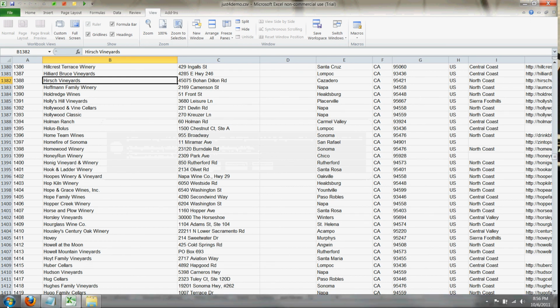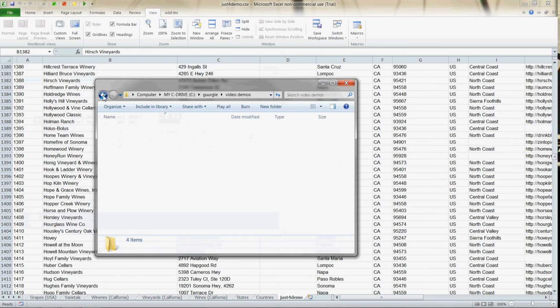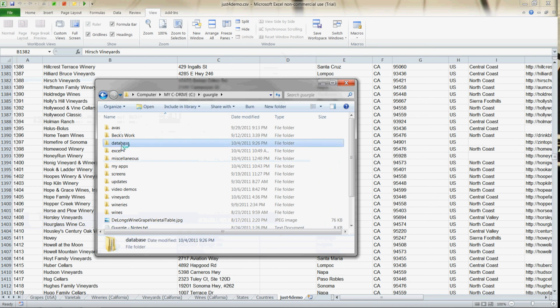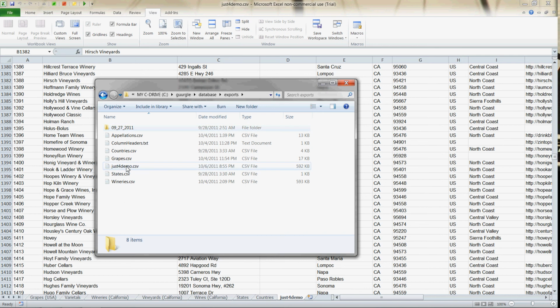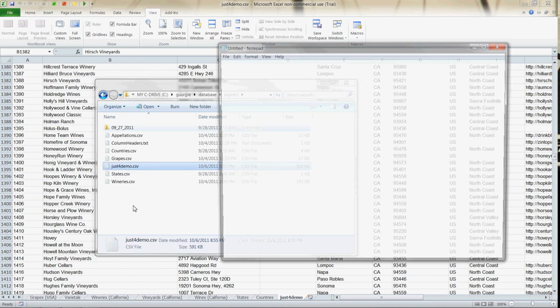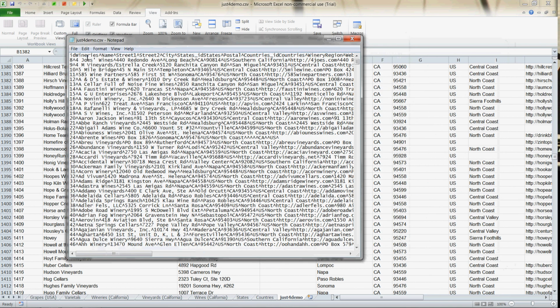Okay, so now we're going to go get it. We're going to take a look and make sure that it created that file for us. So here's my Google folder, here's my database folder, here's my exports folder, and there's our just for demo that we just created. So let's take a look at that. We're going to edit it. Okay, now you see